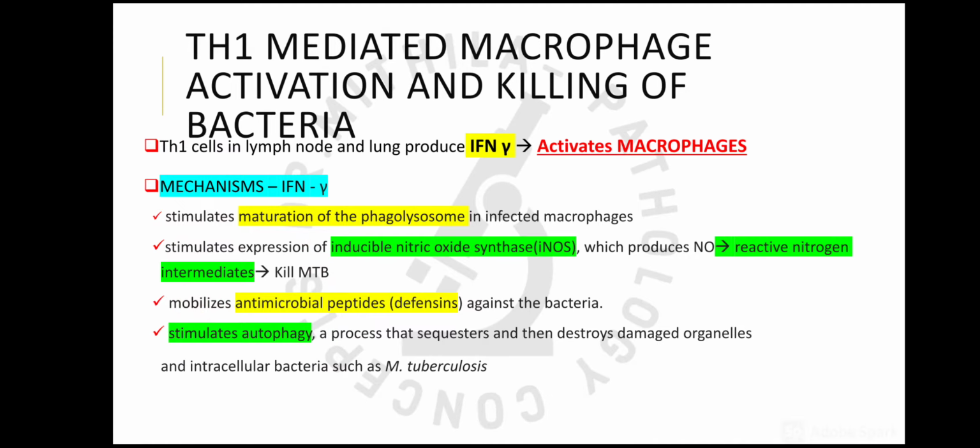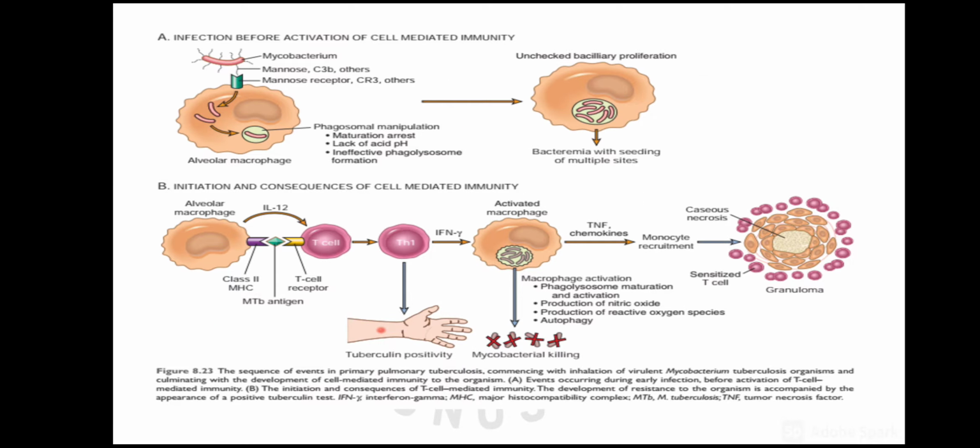Mycobacterium tuberculosis. So generally in primary tuberculosis, the infection is self-limiting because of these mechanisms, and in the primary infection these responses come late, so they are kind of delayed, while when there is reinfection like secondary tuberculosis, or there is the reactivation of a dormant focus in the body, then that response will be prompt, because then there is the activation of the memory T cells.